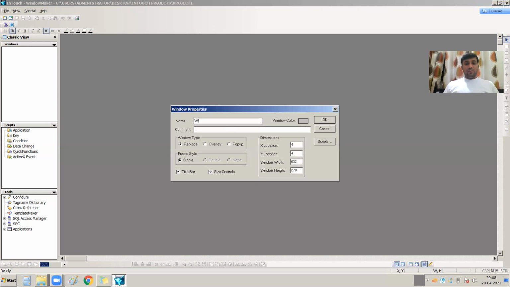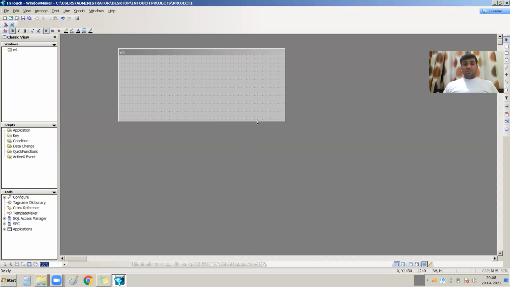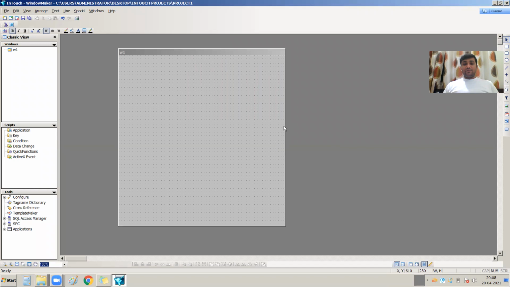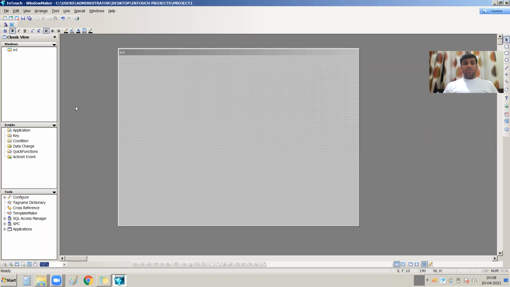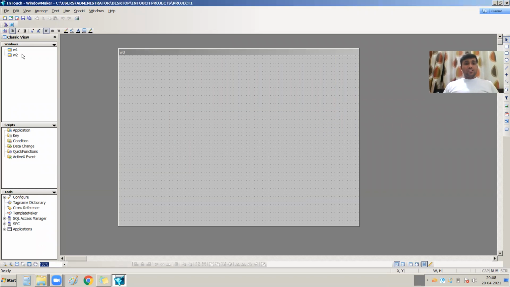For example, I am giving the name W1. W1 is my new window, and it is now added. A window is nothing but a screen of your project. Let's create another new window, W2. You can see that in the Classic view, in the Windows area, W1 and W2 are added.